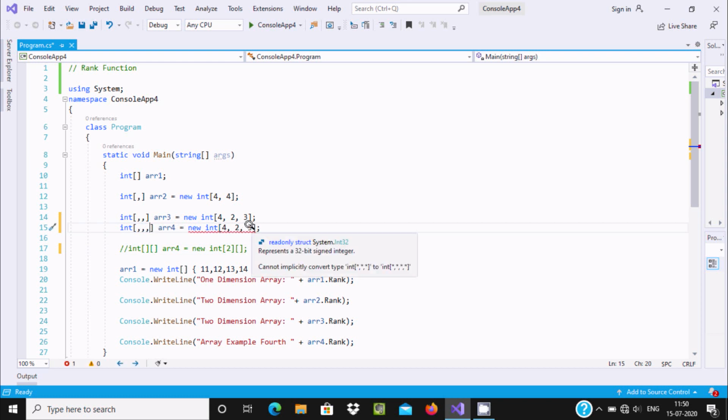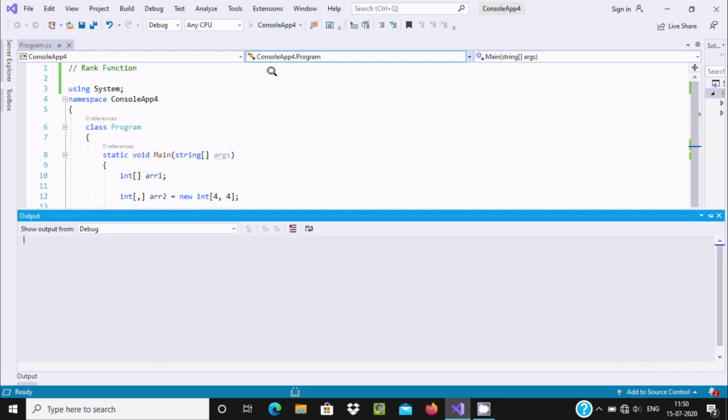At this place you need to specify 3, which is already there, and now one more, so let's give 2. Now there is no error, so this time arr4 is the four-dimension array, so it will create rank 4. Now let's run and see the output.